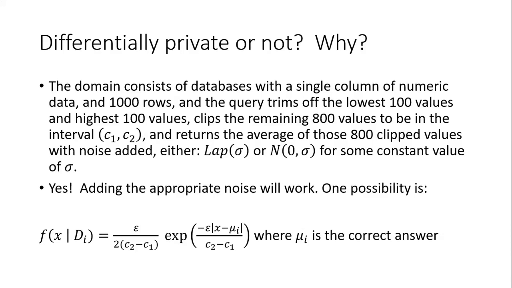So in this example that I gave, you're doing a trimmed mean. It doesn't even have to be a trimmed mean, but the key is that you have to clip the values. Even if we just ignored any trimming, you just took all of the values in your database, but you clipped them, and then you average them, and then you add noise. You can add the amount of noise needed to make it epsilon differentially private. And the clipping allows you to compute the sensitivity.